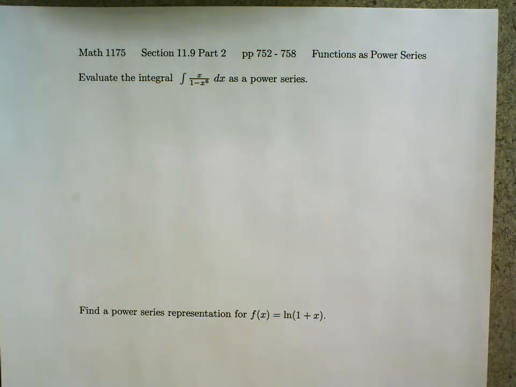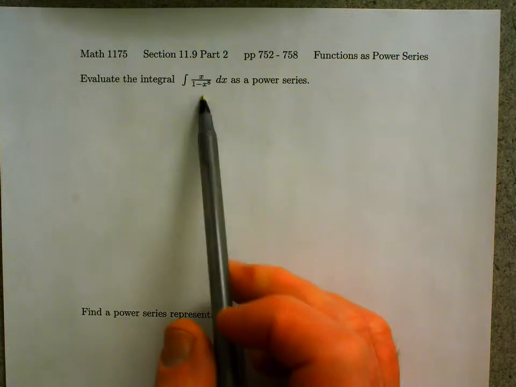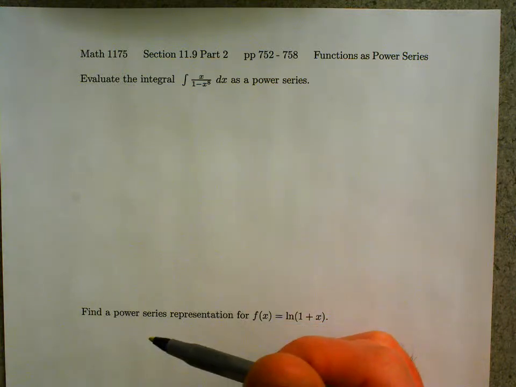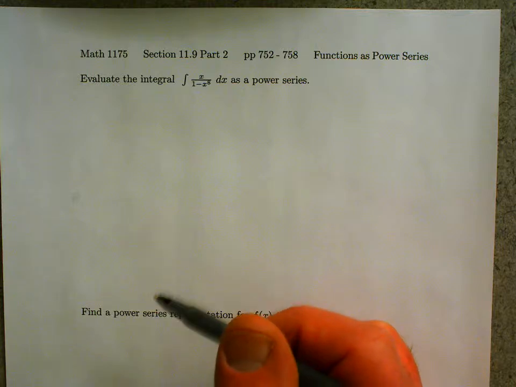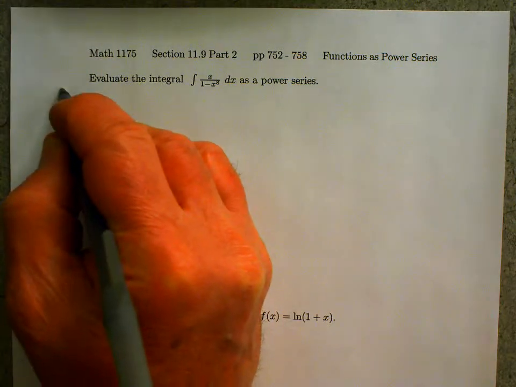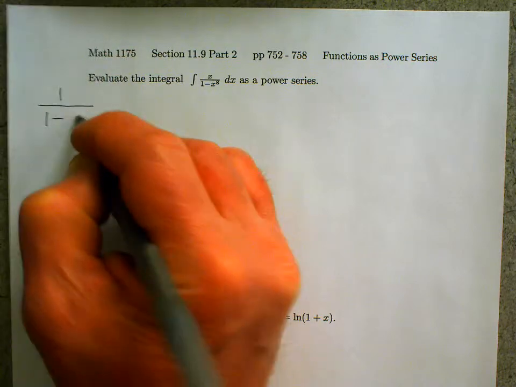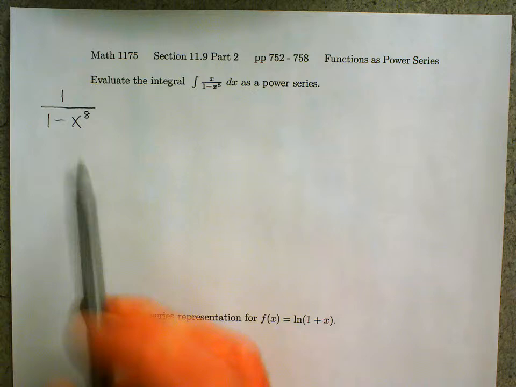Evaluate the integral of x over 1 minus x to the 8th dx as a power series. So how should we start this one? Note the integrand is x over 1 minus x to the 8th, which is the same as x times 1 over 1 minus x to the 8th. So if we first begin by finding a power series representation for 1 over 1 minus x to the 8th, just using the geometric sum formula,